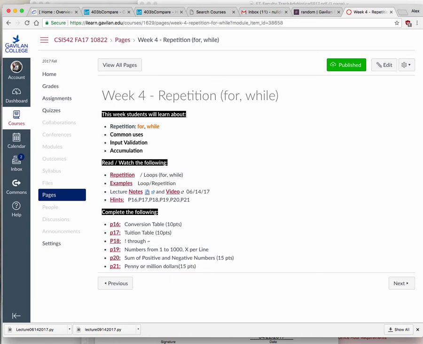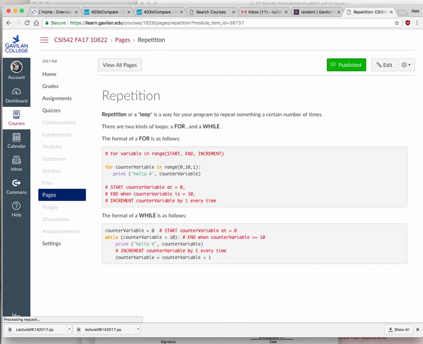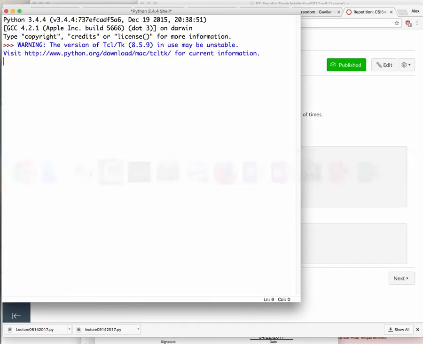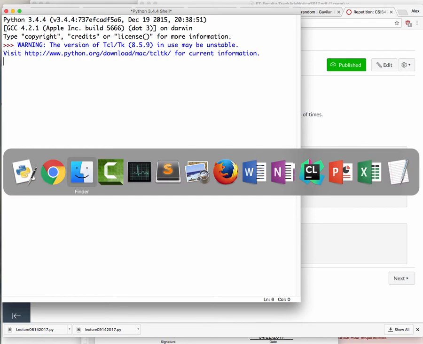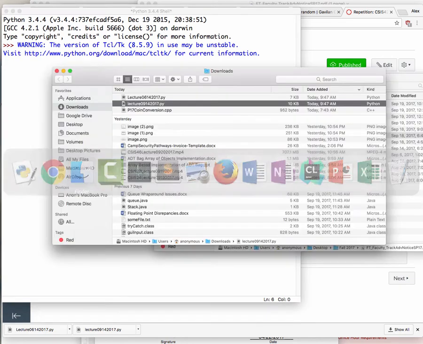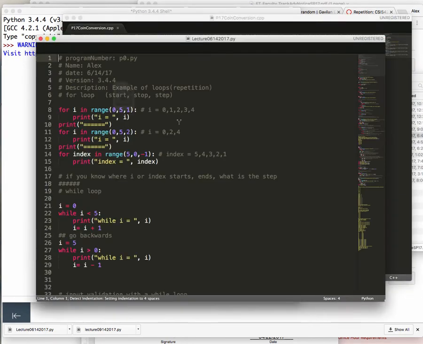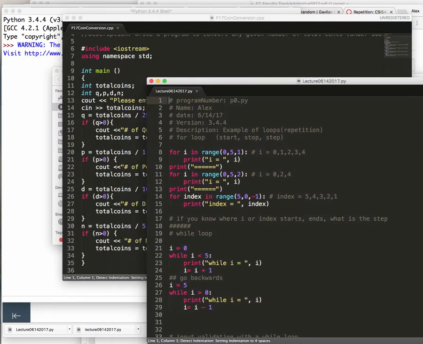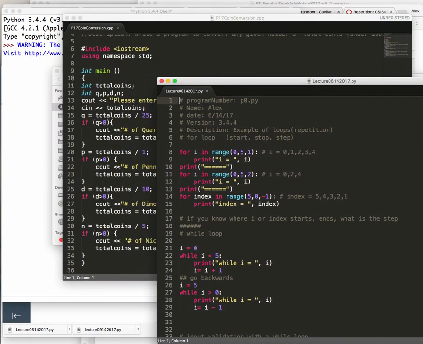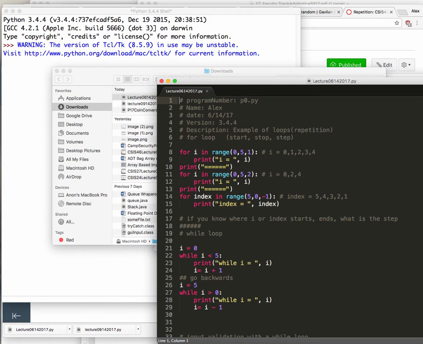Anyway, so what is repetition? I have a couple of links in there, so I'm just going to look at them myself. All right, and not a whole lot, so why don't I just get started. Let me open this thing on the side. Okay, so